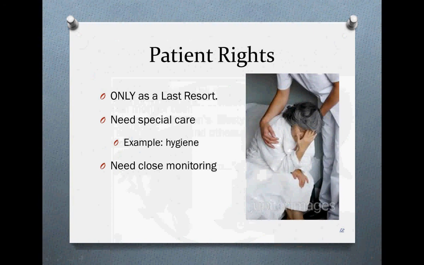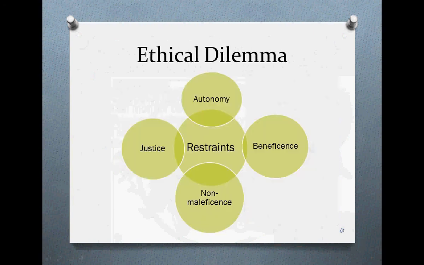the doctors and nurses actually reevaluate the patient at least every 1 to 5 hours. This can be within the health policy. This is to make sure that the restraints are actually helping the patient more than harming them, to check if it's actually beneficial to them. And especially in